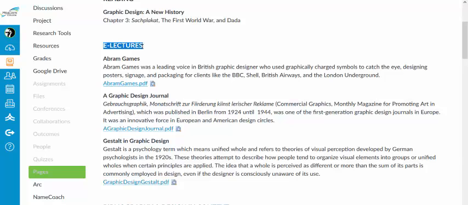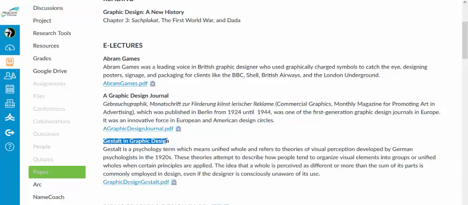This week's e-lectures, one of them is about Abram Games, who was a British graphic designer who used very graphically charged symbols to catch people's eye. And he did quite a bit of work in Great Britain over a long period of time. Very important graphic designer. Also, an article about a graphic design journal that was published in Berlin from 1924 to 1944 and was a very influential graphic design journal. Graphic design was still in its early stages as a profession at that time, but it became a very important